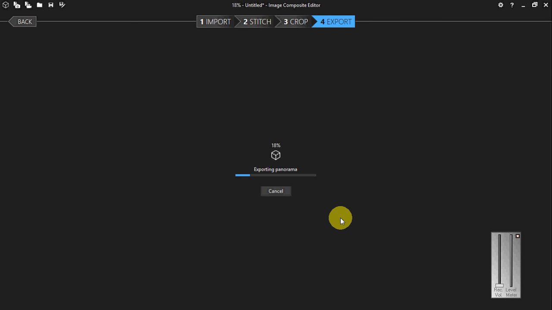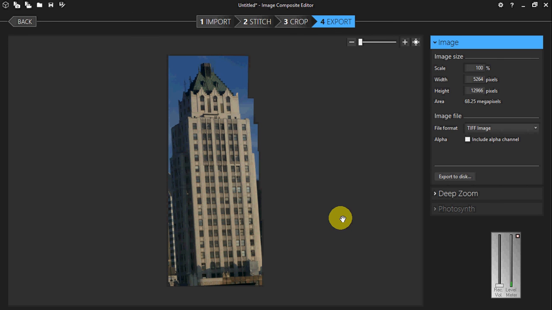So that's basically how you use the stitching program. It's pretty simple. As long as you got that 1/3 overlap between each of the images, you're going to get a